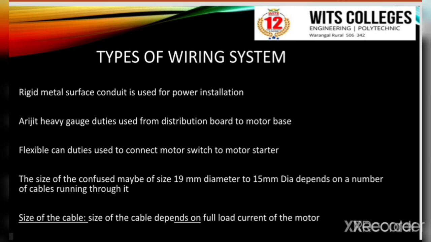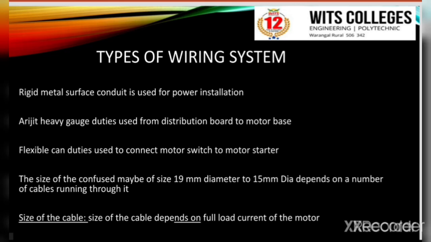And how can it be calculated? By considering the formulas. First of all we have to find the input of the motor, the input in watts, by considering the equation for efficiency, that is output by input. So from this equation first of all we should find the input value. Once the input power value is found, we use the formula input power equals √3 into VL into IL into cos φ. From this we can find the value of IL, nothing but the load current.